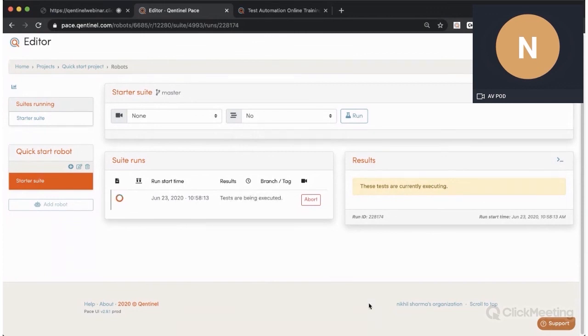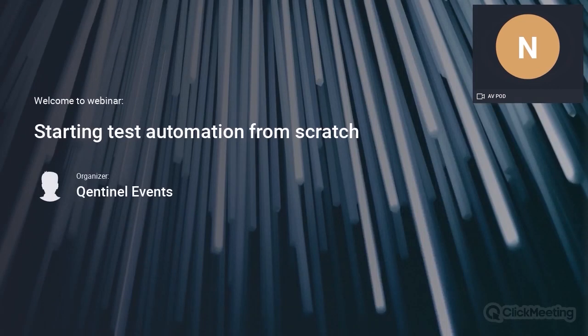But that's all I had to say about Qentinel Pace. Quick demo. I'll stop sharing that. Be mindful of the training and certification, and you can all have access to a personal plan. I'll do one last screen sharing